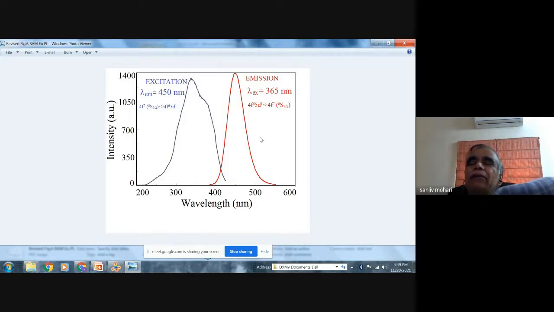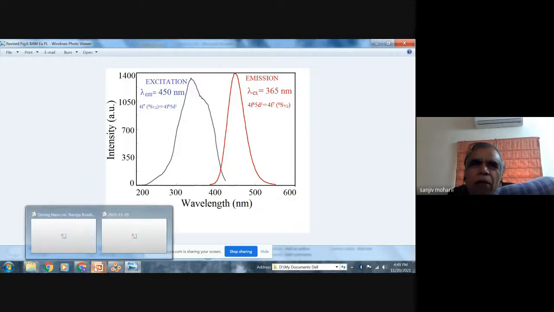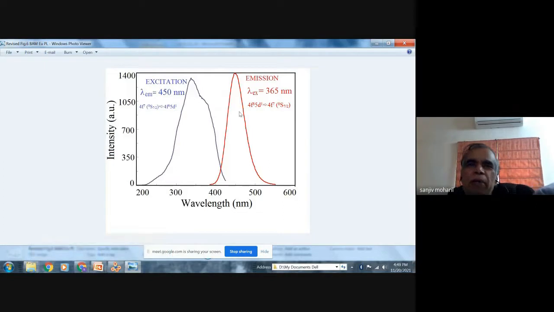Then I calculate the Stokes shift. Stokes shift is the difference between the emission wavelength and the longest wavelength excitation. So emission spectrum, excitation spectrum, Stokes shift, such parameters I can obtain from the recorded photoluminescence spectra.